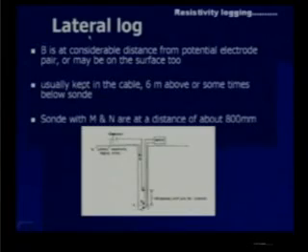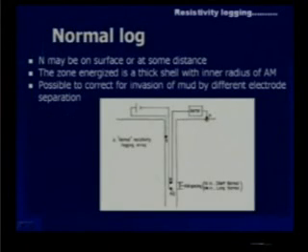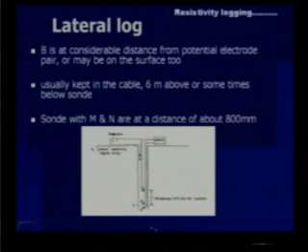Then the second method under electrical resistivity is lateral log. Here there is a slight change in the arrangement. Here one electrode is kept much away from the other 2 potential electrodes, whereas in the previous case, if you recollect, the current electrode was at the bottom, then we had one potential electrode in between, and another potential electrode at the ground surface. In this case both the potential electrodes are kept at the lowermost part of the sonde and another current electrode is kept at a greater distance. Then the next current electrode